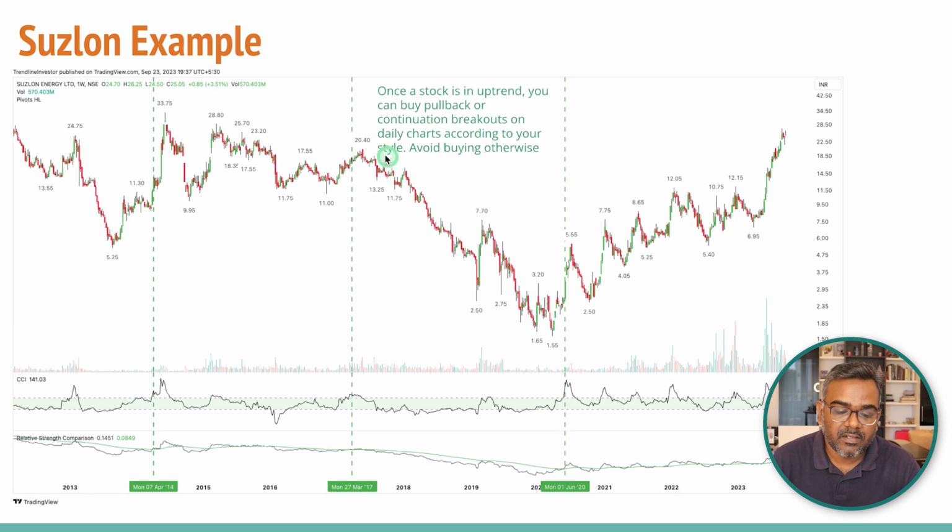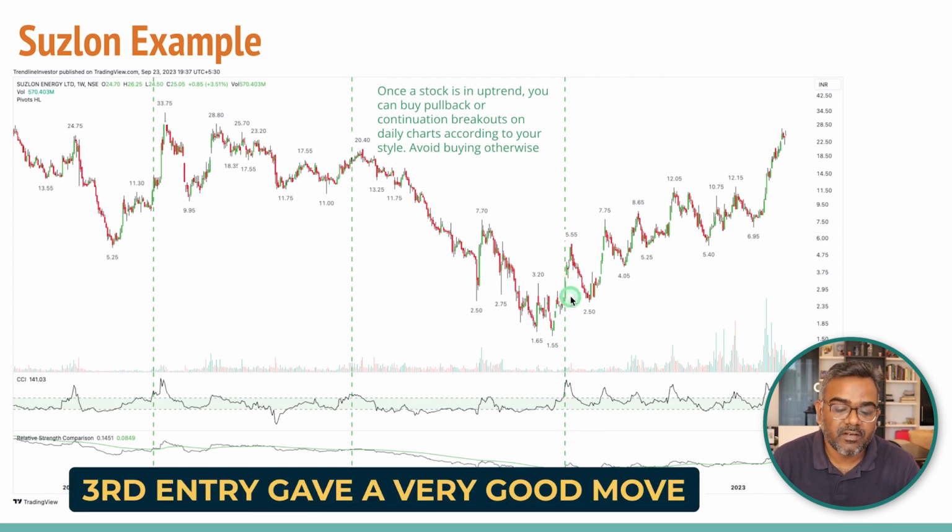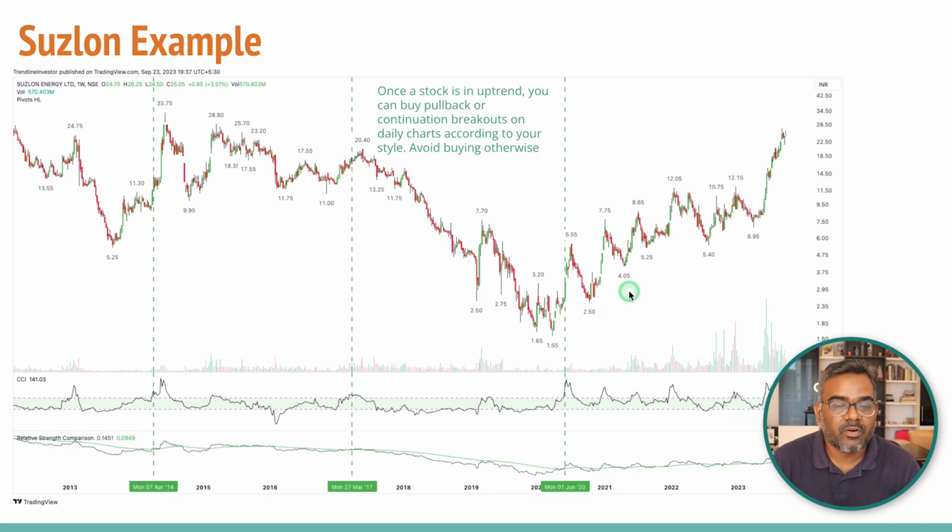And then again the stock entered a downtrend here, came all the way down. Then again at 3.2 closing is when the stock entered an uptrend for the first time. CCI was pretty good here, and also relative strength was pretty good. That's when you buy. Now this time you had a very good trend up, even though you had crazy drawdowns here. Right, that's a pretty simple strategy to buy penny stocks or bad companies.